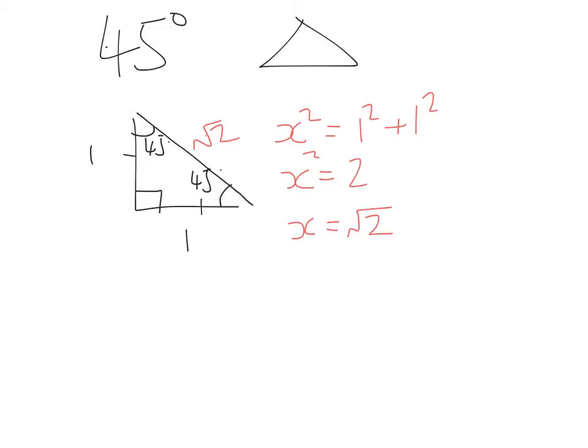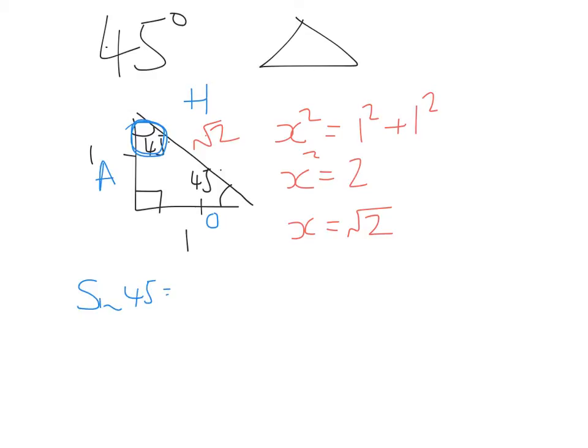Our final step is then to think about the trigonometrical ratios. So if we take this 45-degree angle here as the angle that we're working with, we can label the sides accordingly. This would be the hypotenuse, this would be the adjacent, and this would be the opposite. We can now use what we know about sine, cosine and tangent to find these trig ratios in their exact form. So if we're looking at the 45-degree angle there, then we know that sine 45